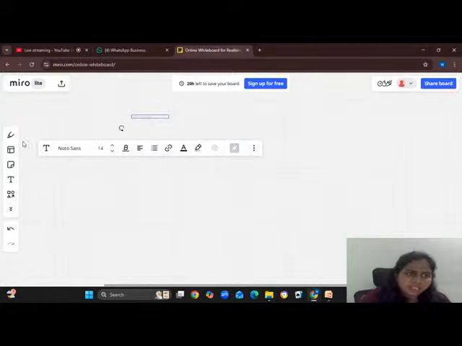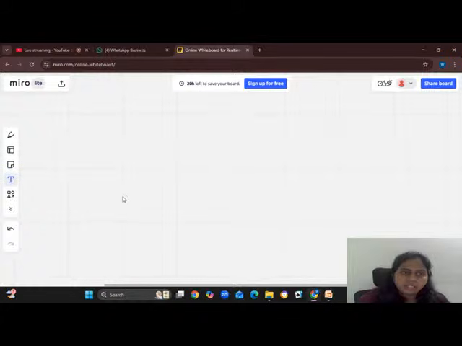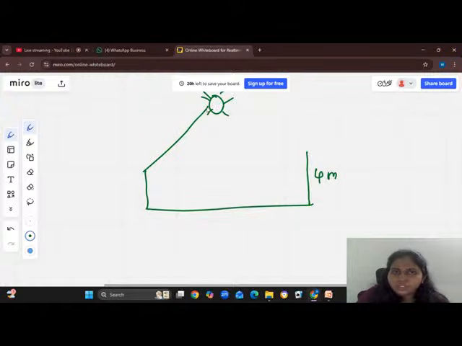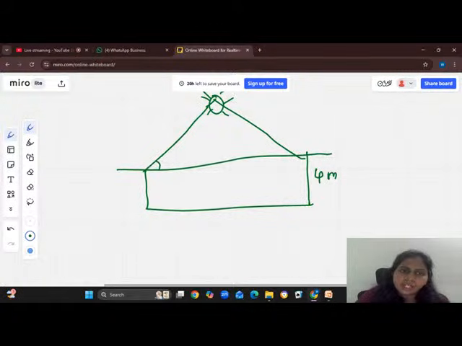So this is a very easy one. Let me take another example. There is a ground, and there are two boys standing. They have given only one boy's height, that is 4 meters, and the other boy I don't know, and they both are watching the sun. Somewhere the sun is there. They both are watching the sun like this. Here he is watching with an angle of 30. Here he is watching with an angle of 60. They gave the distance between the boys as 6 meters.